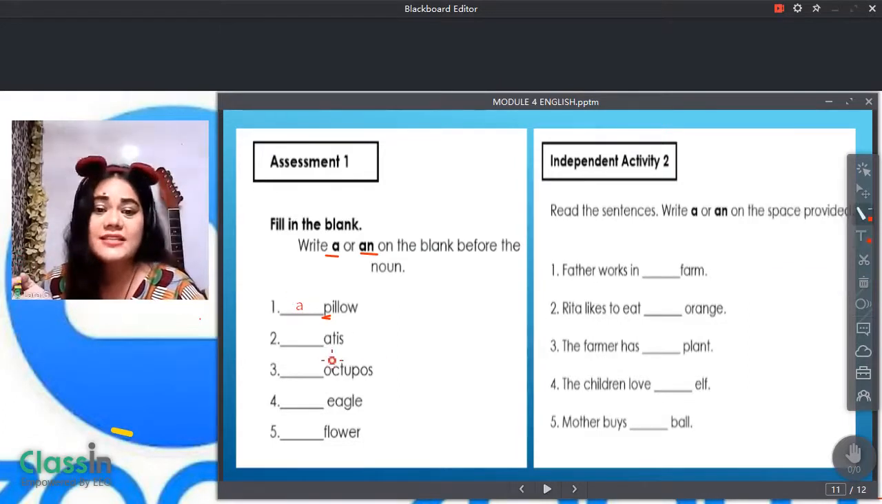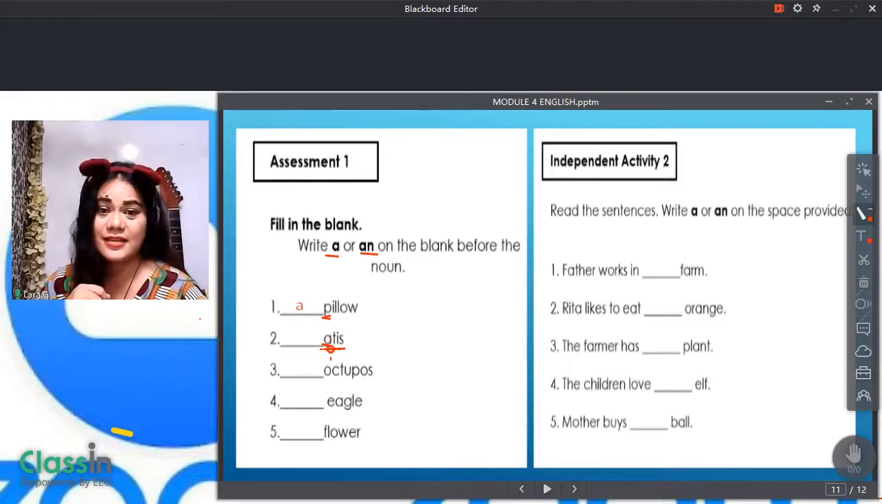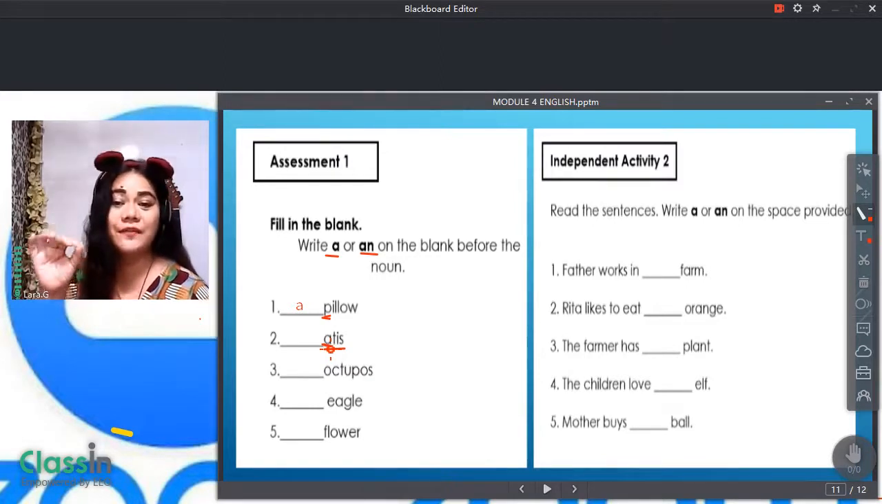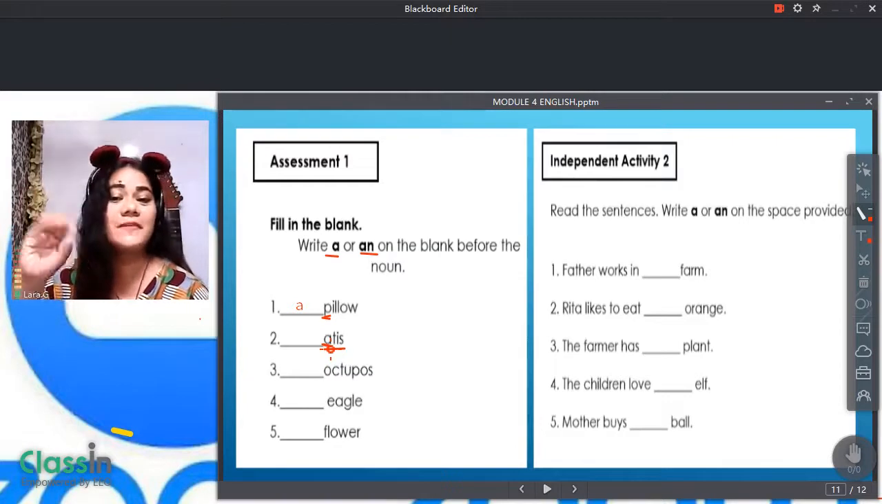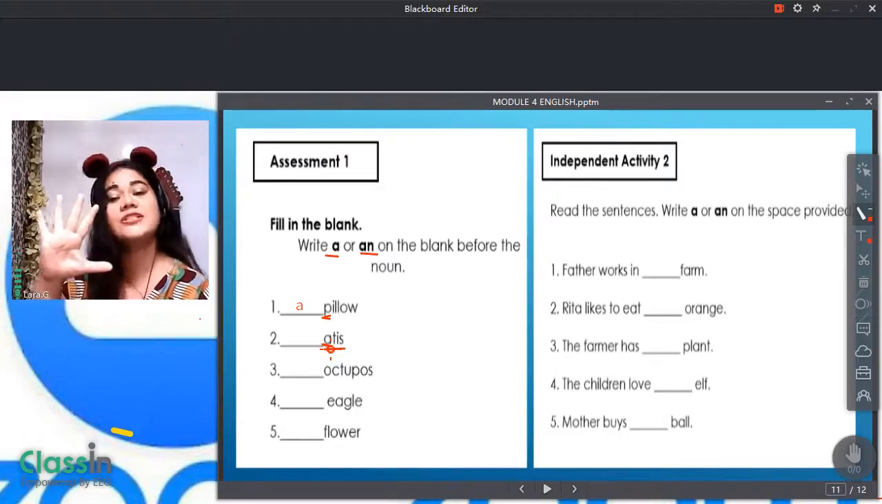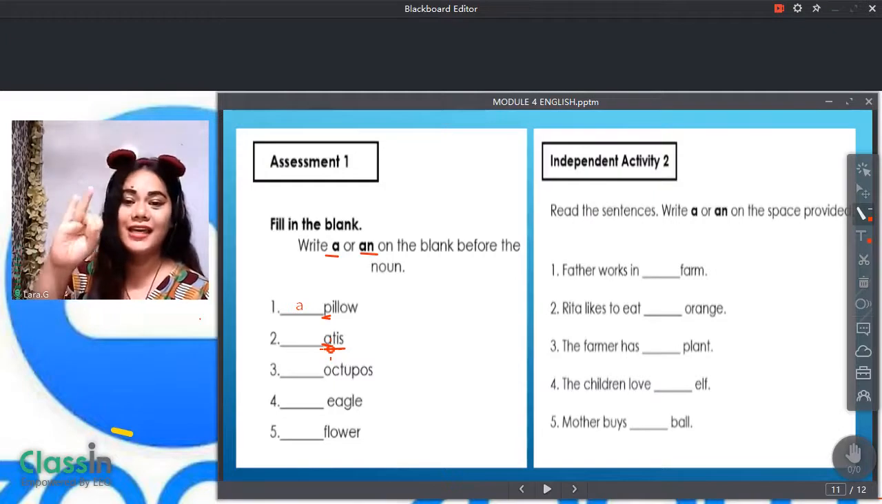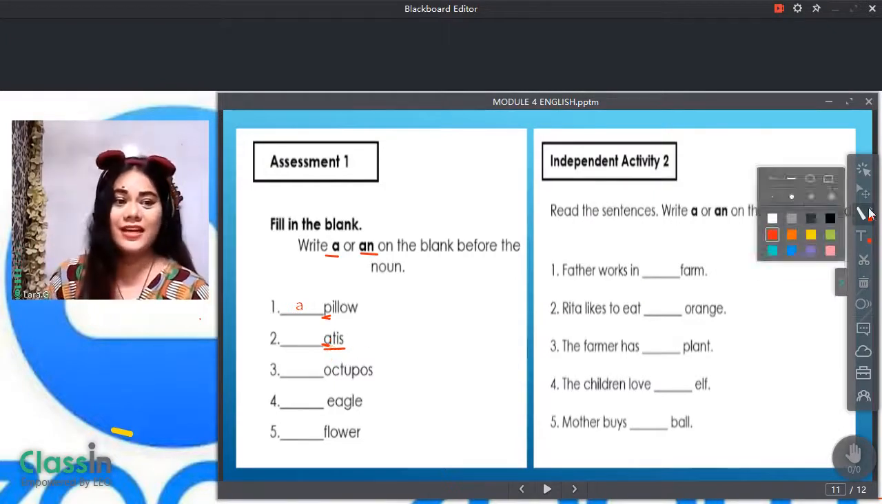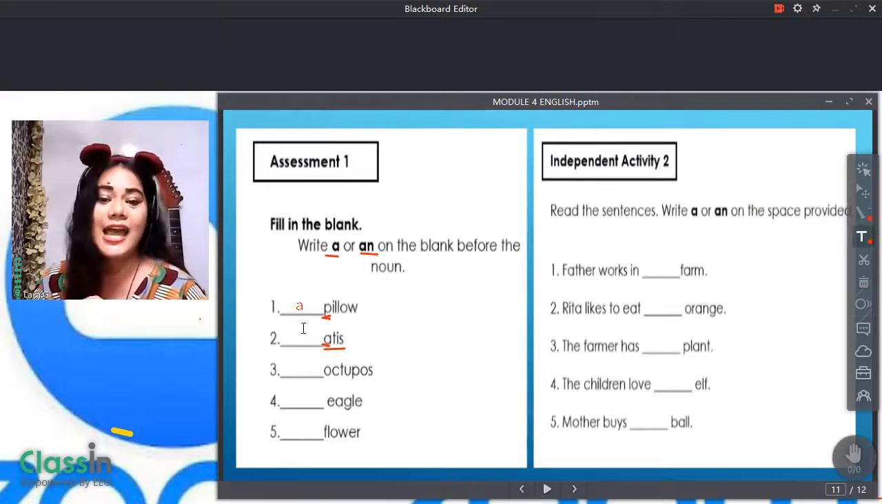What about this? Attis. Let's try to look at the first sound. Is it a vowel or a consonant? Yes, it's a vowel because it starts with A, and we all know that in the English alphabet there are five vowel letters, and these are A, E, I, O, U. So, since it is a vowel, then we will use